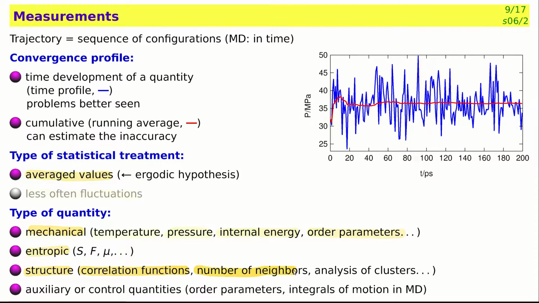Also, the number of neighbors, or the so-called coordination number, that is a typical number of neighbors to a certain distance, are of this type. We can also analyze clusters by different definitions and so on. And then we can have different auxiliary or control quantities. These are order parameters, that is, if our simulation box isn't ordered somewhere, let us say there shouldn't be a dipole moment if it's a homogeneous liquid and